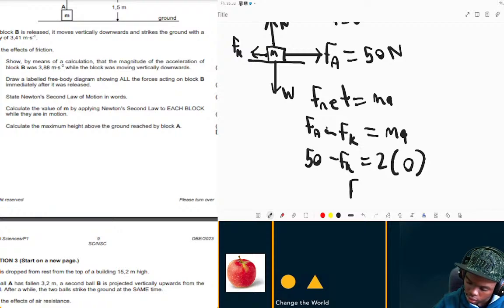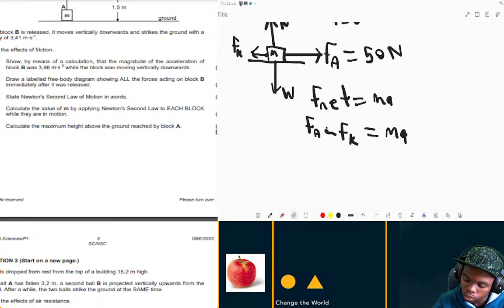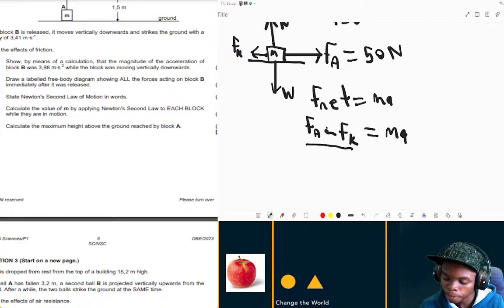So this is what I'm saying. You see I used Fa and Fk because remember, this is a scenario I made up. What I'm trying to show is that these two are my horizontal forces, and I was calculating Fk, and frictional force is one of my horizontal forces. It wasn't on a vertical surface, it's horizontal, so I can't use my vertical forces to find the horizontal forces, unless, let's say,